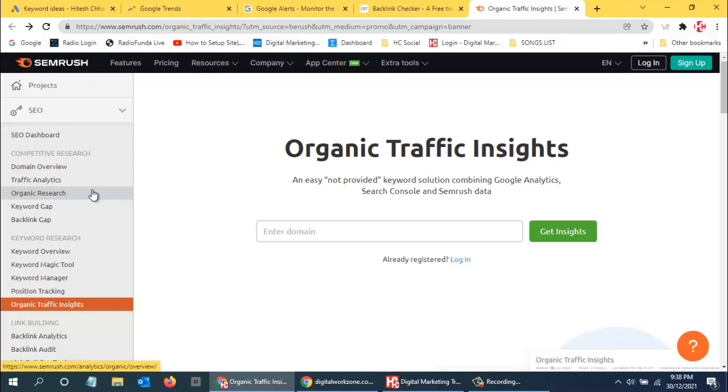So it is always suggested that you use one thing, see it for as long as you want, and then go to the next thing. So yes, SEMrush is one of the best websites that you can use for search engine optimization and getting your website to the top.